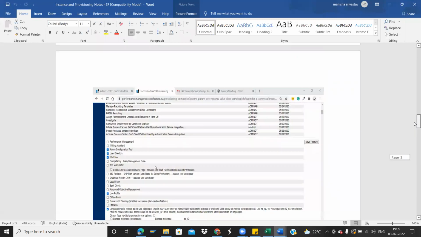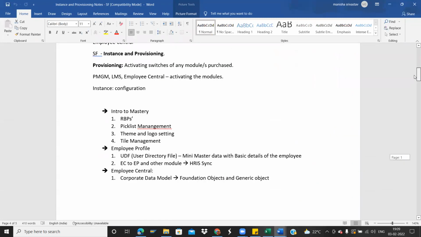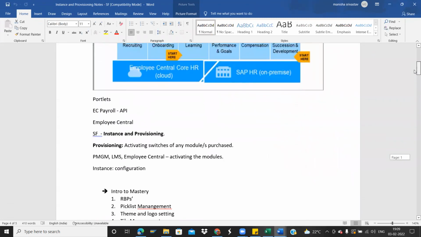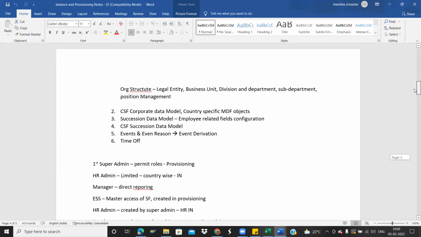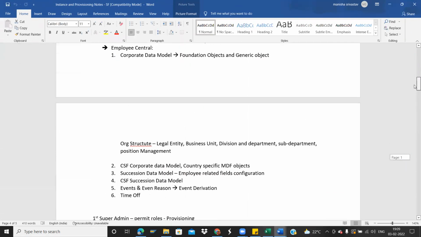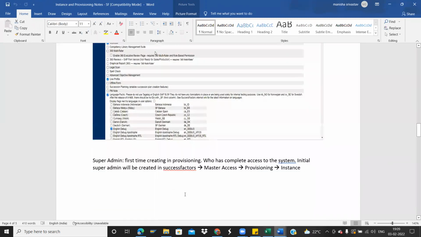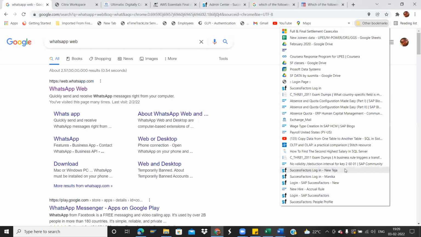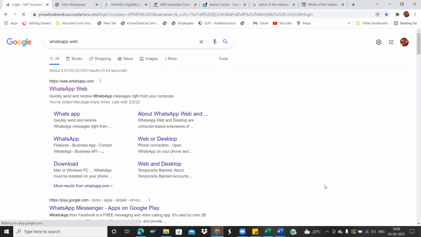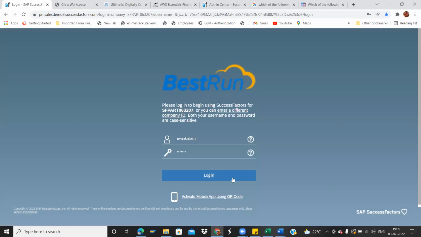Yes, no, sir. Okay. So these are the various things that I wanted you to know, the difference between instance and provisioning. And later on, the thing you have to work in is the instance. I think you have got the access by now. Yes, sir, I got access, but I did not check it. Okay, no problem. After this class, you can check it, no problem. Yes, sir.